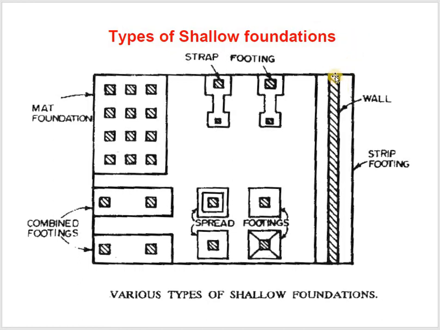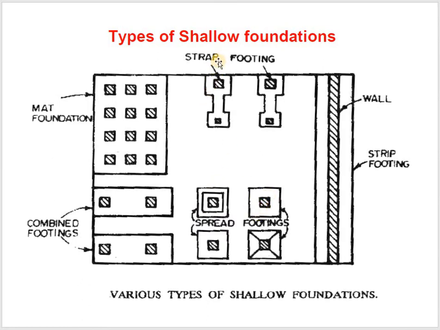First of all, this is the strip footing, usually used for construction of walls. That means if the soil is reasonably good, and for normal constructions, we usually go for these strip footings. And then for construction of some warehouses and all, we can go for isolated footings. So these are isolated footings. You can see here various types of isolated footings. This is a kind of stepped footing. Any way you can construct it.